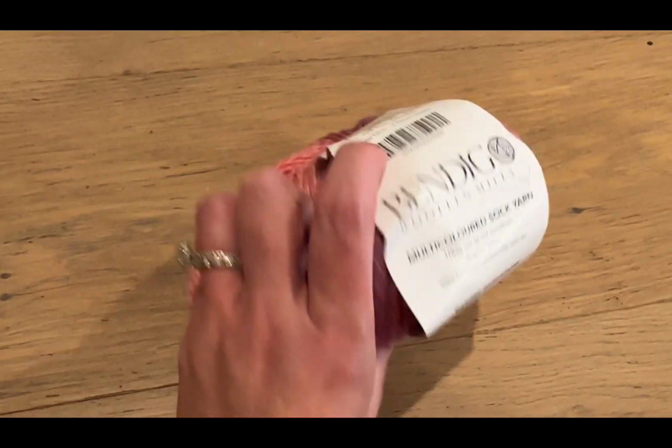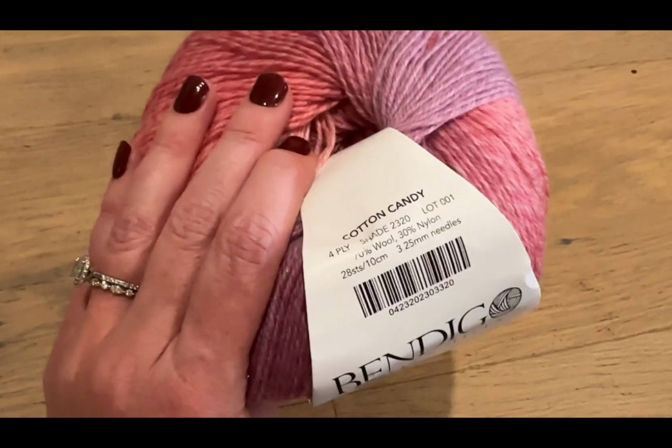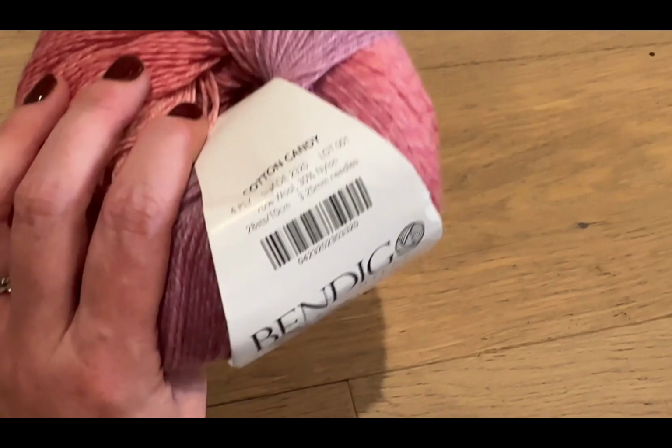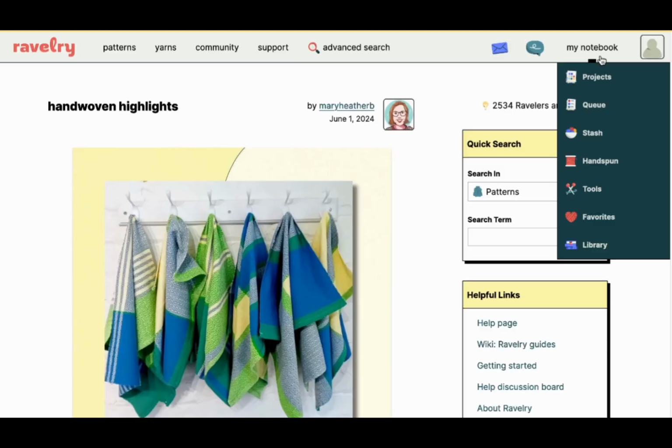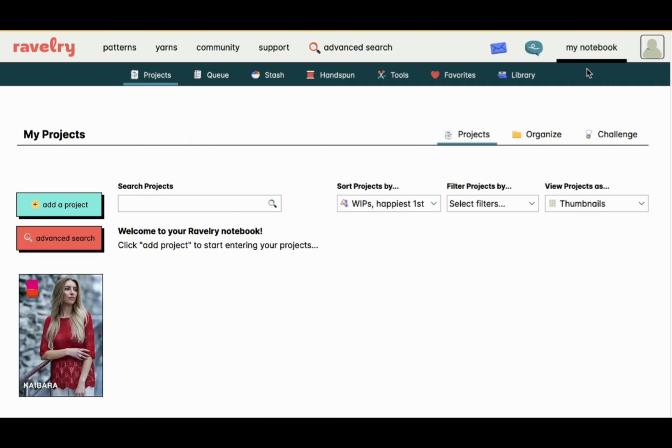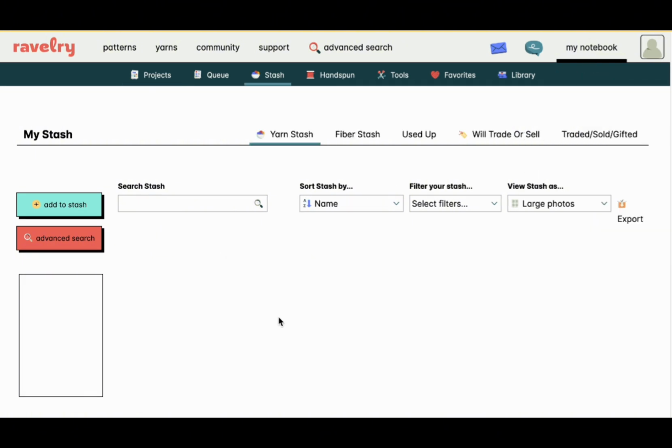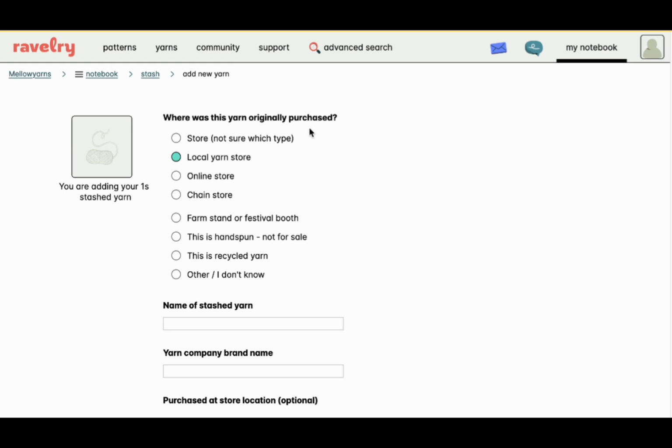So I just got this beautiful yarn from Bendigo Wool and Mills. It's a 4-ply wool and nylon blend, and it's such a beautiful colorway. So to add this to my yarn stash, I just click on my notebook, then stash, then add to stash. It'll ask you where you bought it. I purchased this from Bendigo Wool and Mills online store, so I'll click online store and search for the name